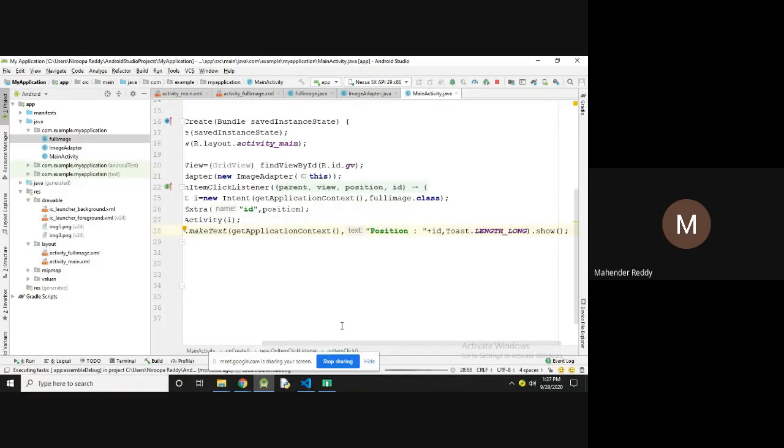Whatever image you selected, it will display the id of that image.